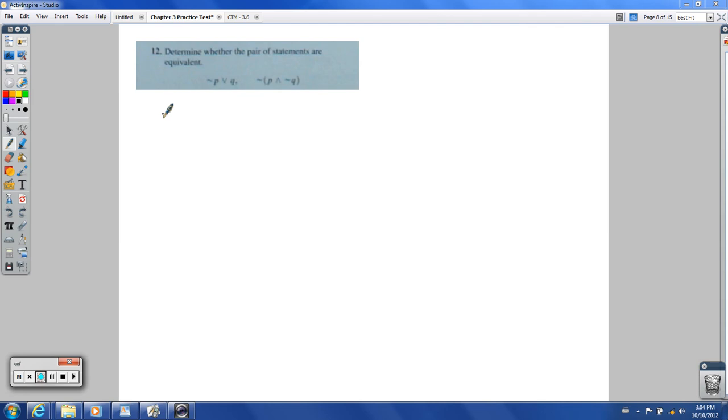So let's continue with number 12 here. Determine whether the pair of statements are equivalent. On this one, I notice De Morgan's law would definitely come into play. I could do truth tables and do it that way, but if I see a shortcut, I might as well use that shortcut. So I know one of De Morgan's laws was